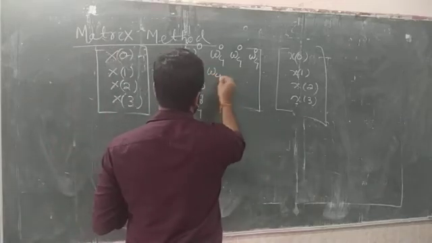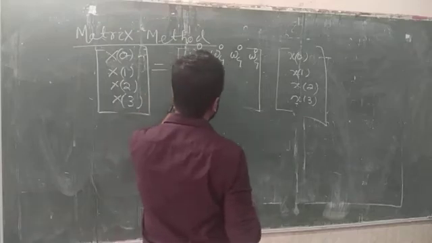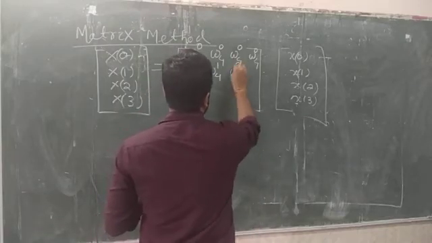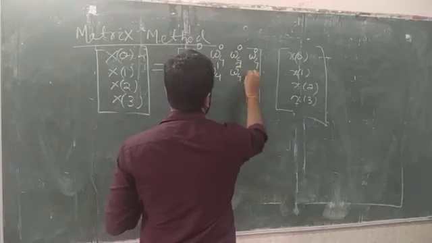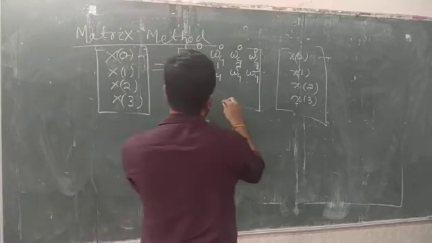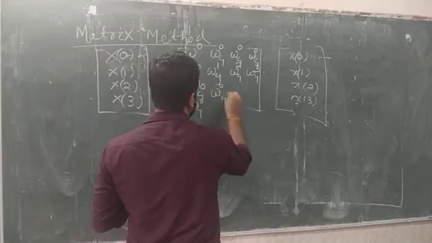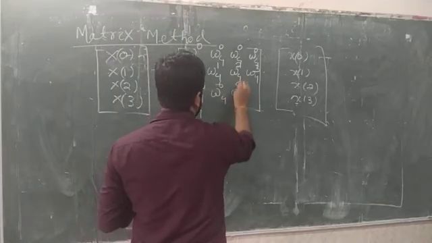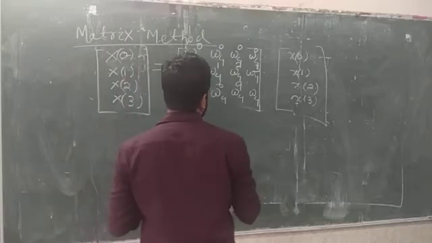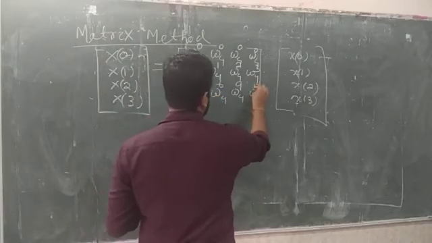Then we have W4. This is your second row and also second column. So W4 1, W4 1 into 2, and then W4 3. This is your third row and second column. So W4 6, W4 9, then W4, and since this is your third and fourth, W4 12.